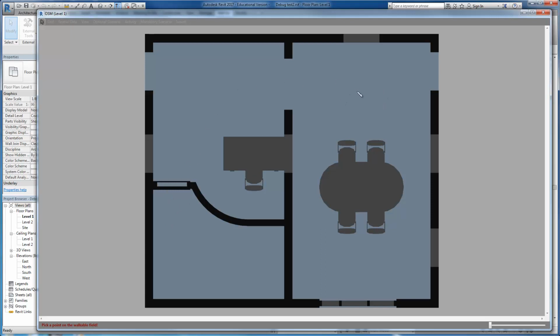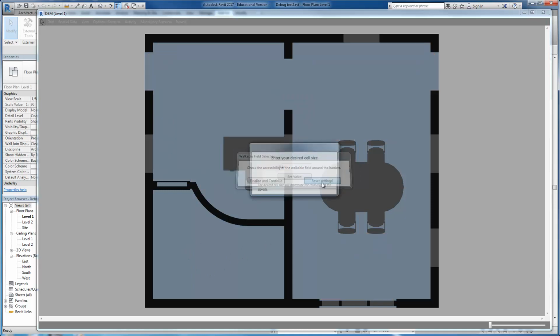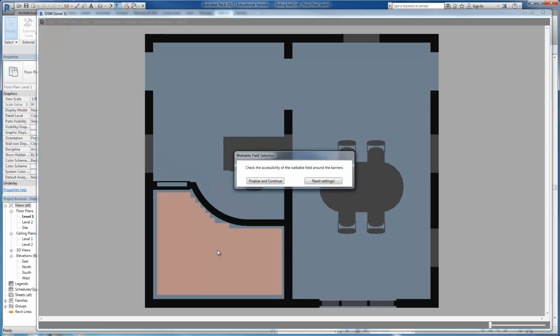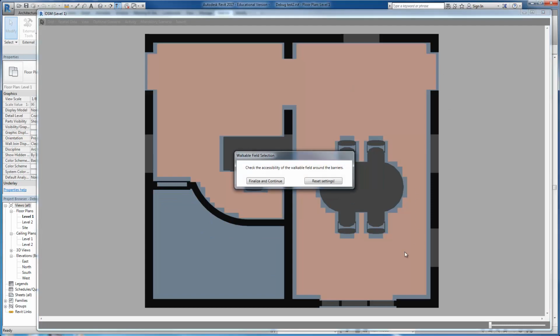And then if I select this area and a point in this area, then this area would be highlighted and selected as the area on which the simulation will run. And if I select this area, then this area would be selected, and I can show you how it works. But probably we don't want to run the simulation in the storage unit,